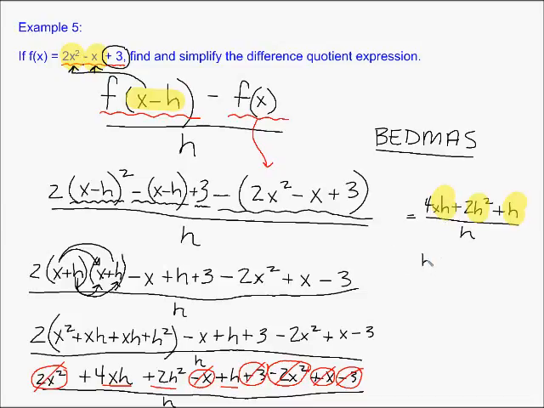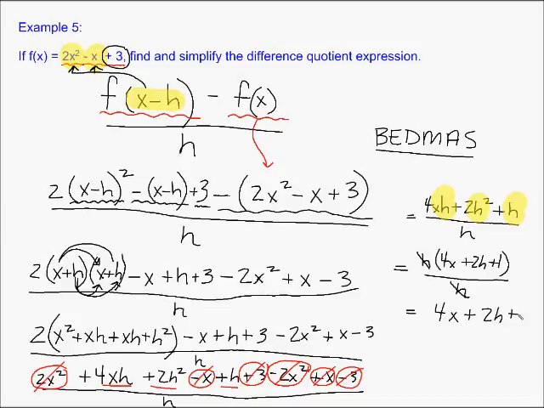So if I take h out of my numerator, I'll get 4x plus 2h plus 1 all over h. So I factored it out, and now h and h cancel out,